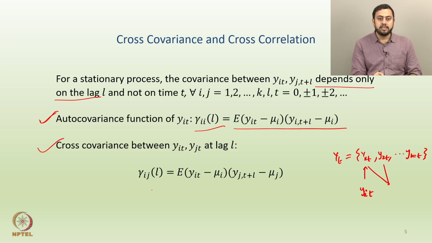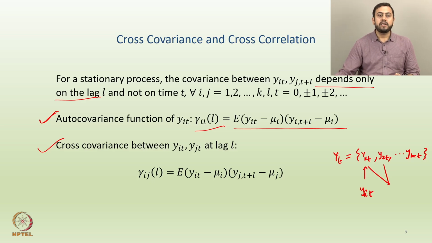Okay. So, gamma_ij at the lag L is nothing but the expectation of y_it minus its mean. Its mean would be mu_i because the index is i, and then y_j,t+L minus its mean, which should be mu_j now, because the index is changing. Make sense so far? My task is to simplify all the notations for you. If your focus is on a single series, then it should only be on a single index, either i or j. But the moment you bring in more than one series, say two series, the cross covariance should depend on two indices, i and j.